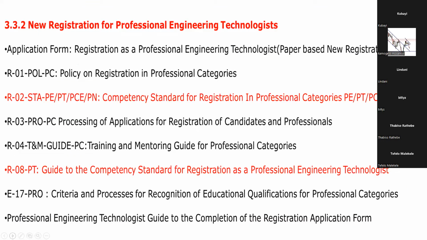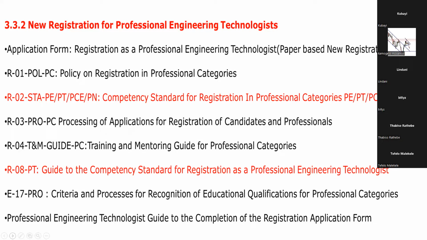Then there's a list of all the stuff that you can download there that would help you: the application form, the policy on registration in professional categories, the competency standards, as I said, R02, processing of applications, which explains to you how it's done, the training and mentoring guide, R08, the competency standards, and